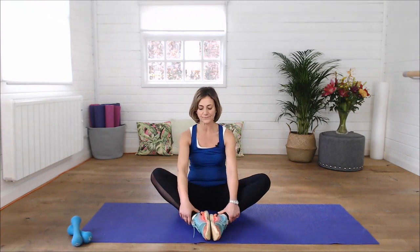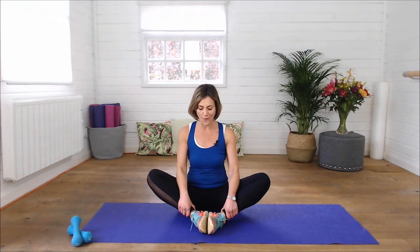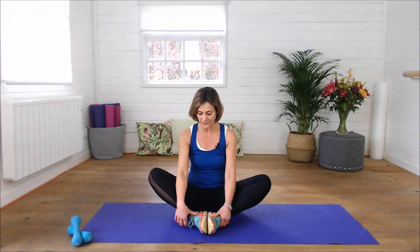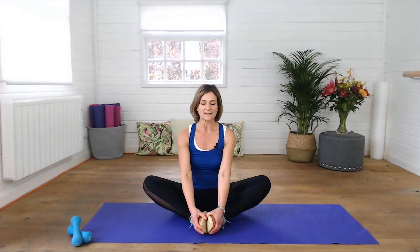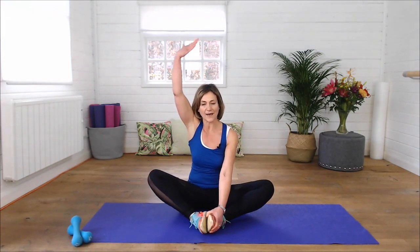Now we're going to take both soles of the feet together to do the hip rock. Just place your hands around your feet or around your ankles or onto your shins, and make sure you're sitting really tall. So just find your sit bones, wiggle around a little bit, and these are the bones right in the middle part of your glutes, your bottom. Sit really tall, lifting the crown of your head up towards the ceiling,